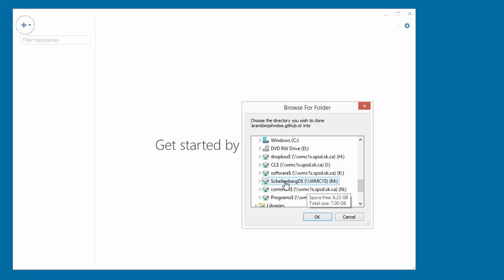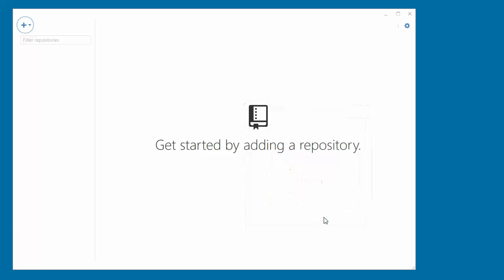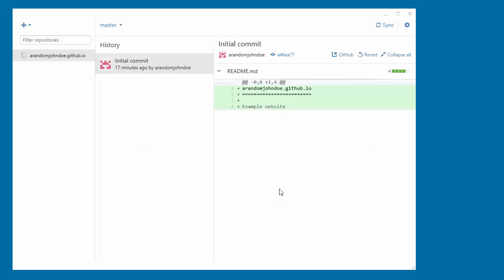The reason I say that is that way it'll actually work regardless of which computer you're on. If you put it on the C drive, it's not going to work out if you go to a different machine and attempt to use it. So go to your M drive, hit OK, and it's going to clone randomjohndoe.github.io. What that means for us is that now if you right click on that and hit open in Explorer,